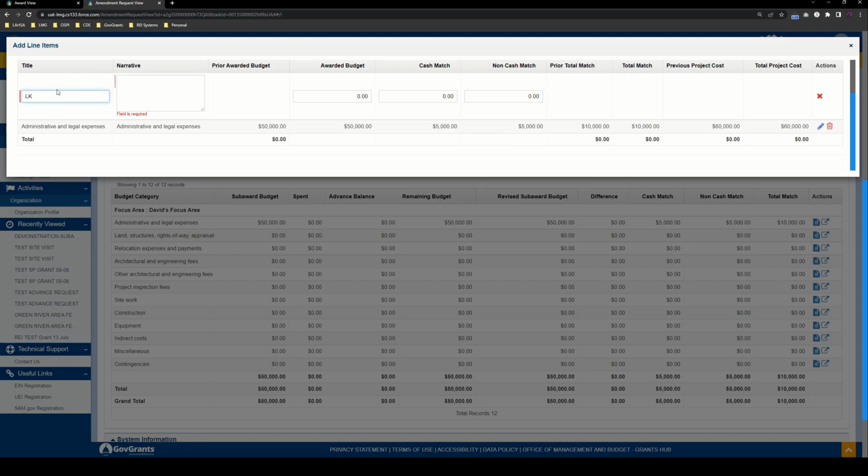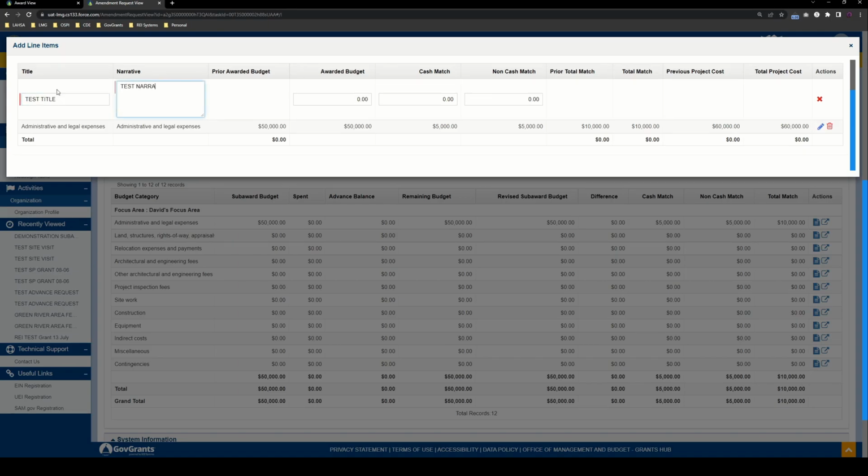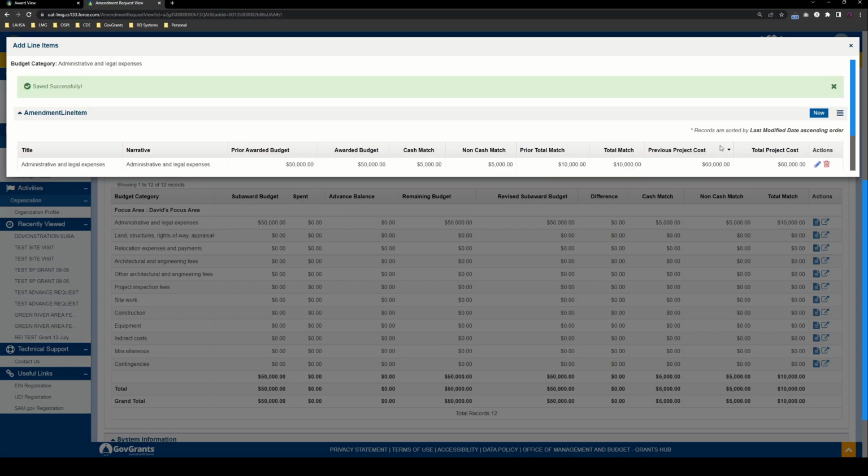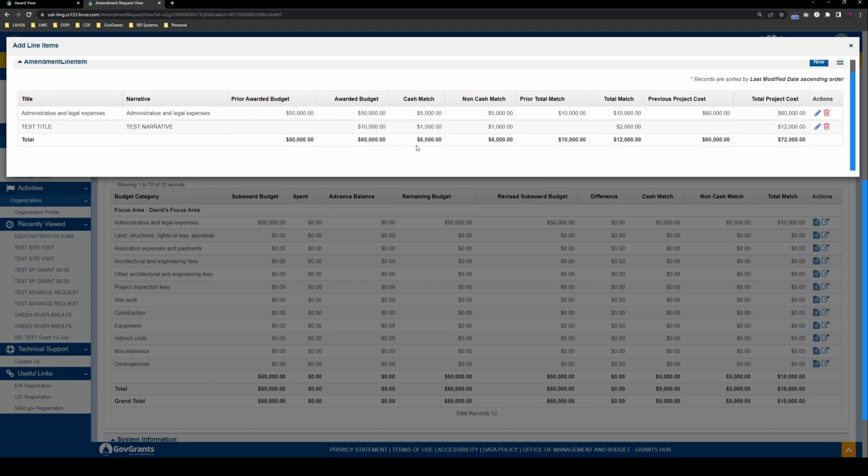So I'm going to just call this test title and test narrative. And I'm going to add the $10,000 here. And I'm just going to add a 10% cash match and non-cash match just to keep things nice and easy. And we'll save that. Now that it's been saved, we can see that there was no prior awarded budget for